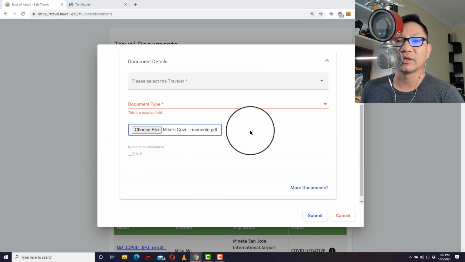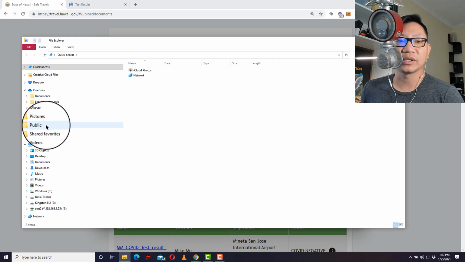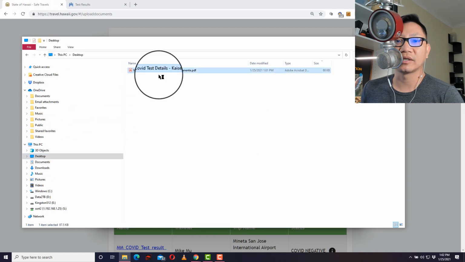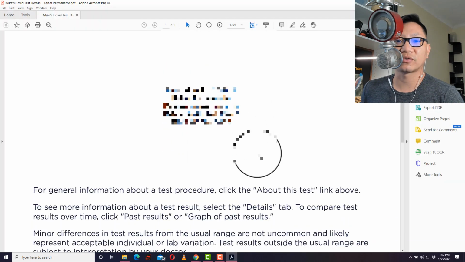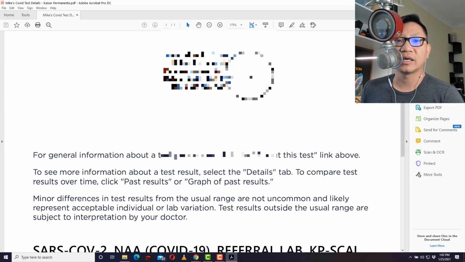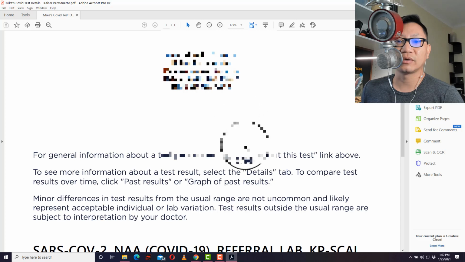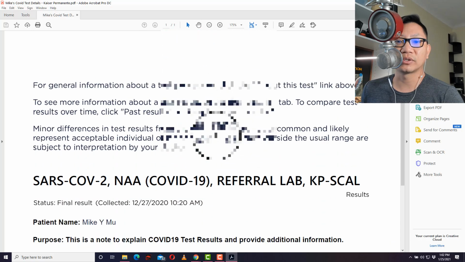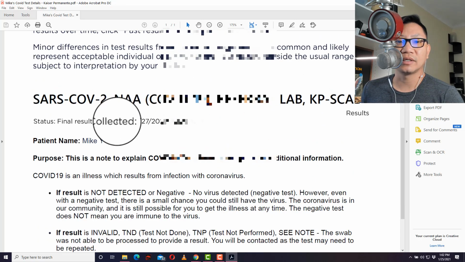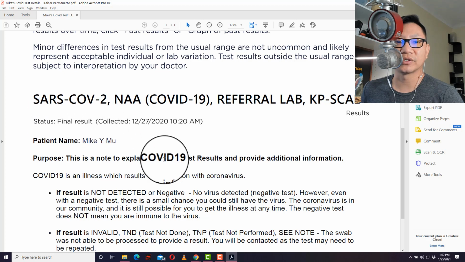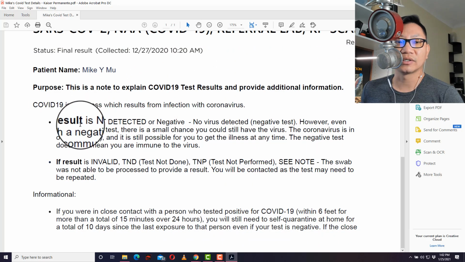Now, it's a good idea before you upload it to double click on that test result that you had on the desktop. Just confirm that it looks correct. It has your information, the date when it was printed, the date of birth, your medical ID number, all that. And it has the information on here: status, final result, and it'll tell you that it is